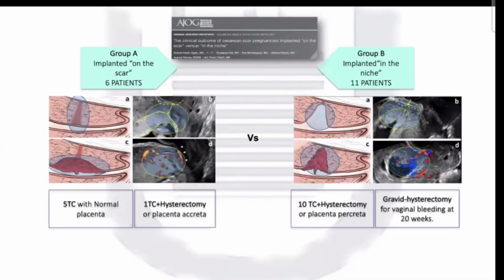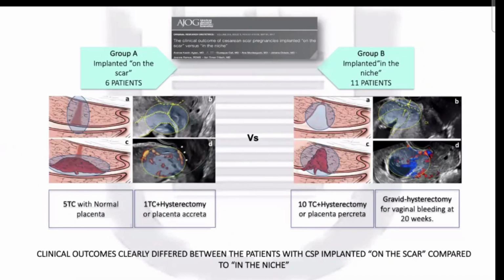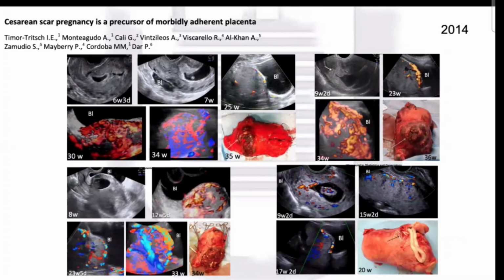And therefore, you understand that this type of scar pregnancy had different risks. And you can see that if the invasion is much more inside the niche and inside the myometrium, the risk of hysterectomy and placenta percreta is very high. And therefore, making this good diagnosis at the beginning gives us a possibility to counsel the patients for this